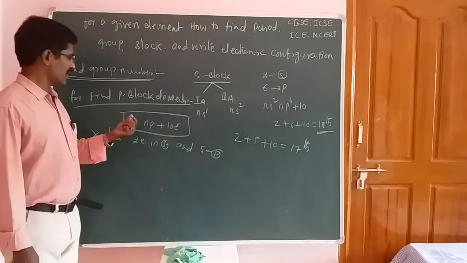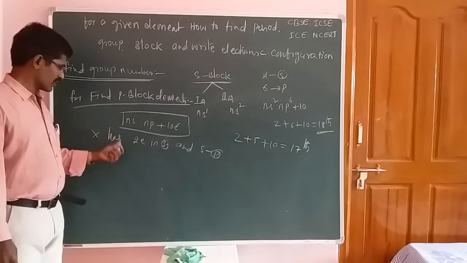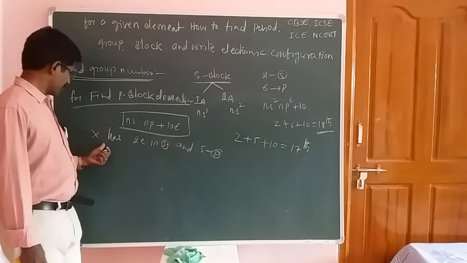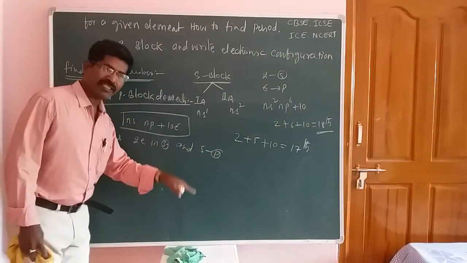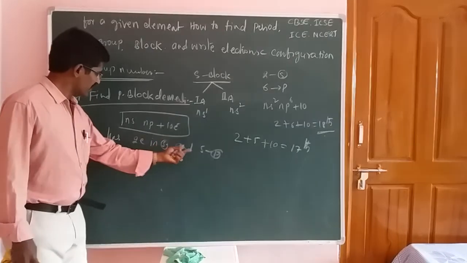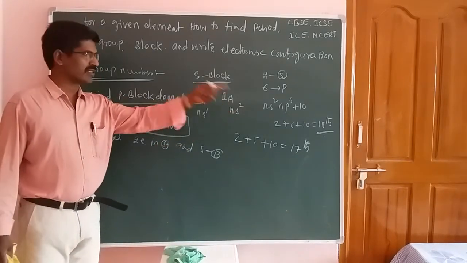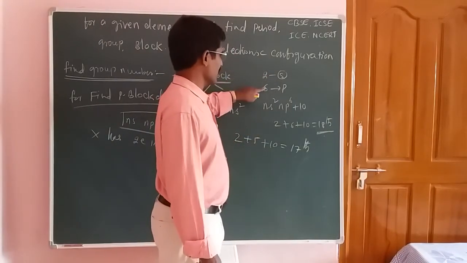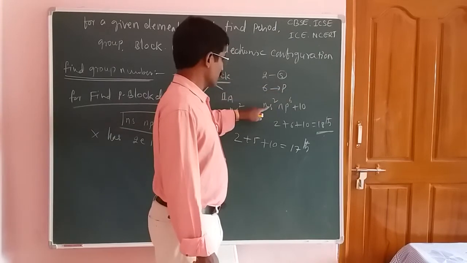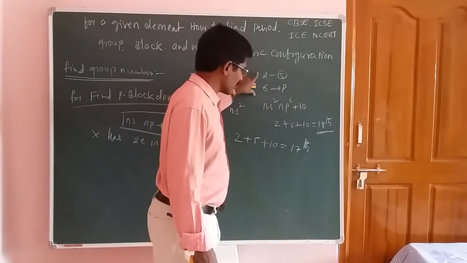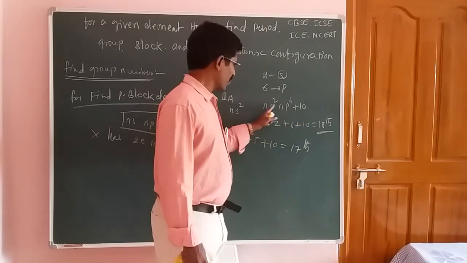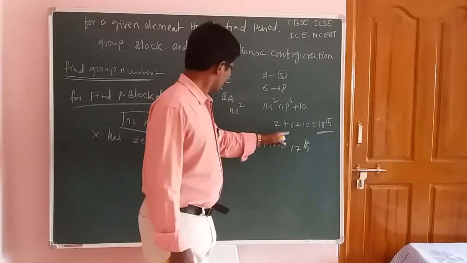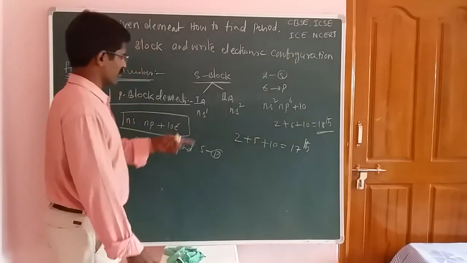Students, I have just taught you this. For example, unknown element X has 2 electrons in the s orbital and 5 electrons in the p orbital. So 2 plus 5 is 7, plus 10, 17. So that is the 17th group element. In the second question, you have 2 electrons in the s orbital and 6 electrons in the p orbital. Which group does this element belong to? 2 plus 6 is 8, 8 plus 10 is 18. So it is related to the 18th group elements.